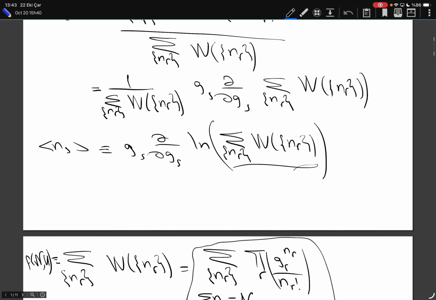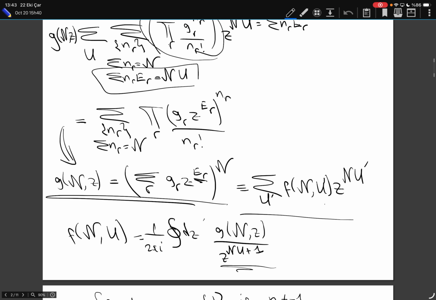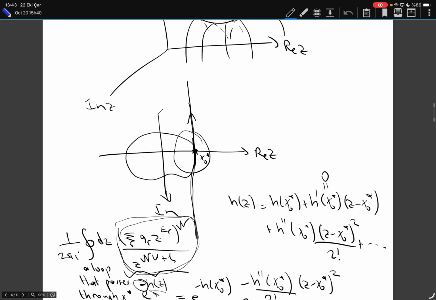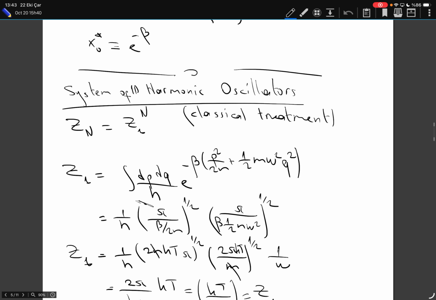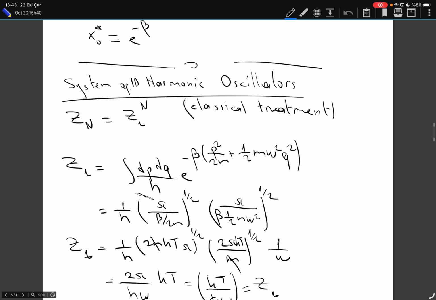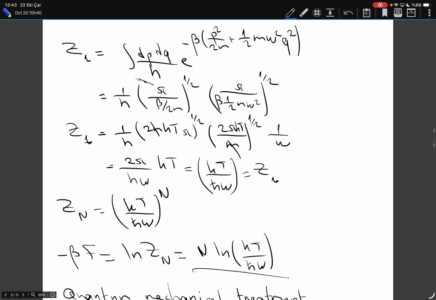Okay, there was this derivation using the microcanonical ensemble, which I will skip. I think it's a beautiful application of the things that you have learned in the mathematical physics course, but not so much the things we will be using in the rest of this semester in this course. And then we looked at the harmonic oscillator in the